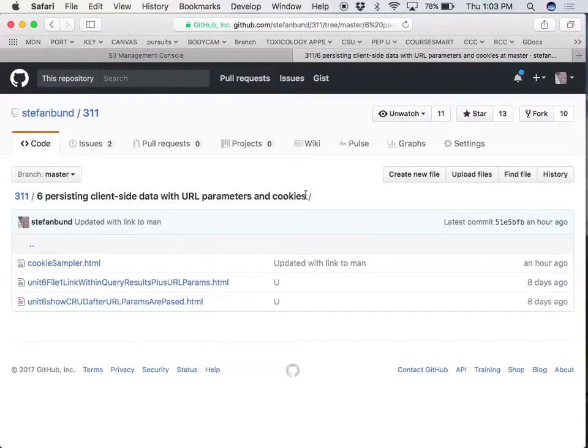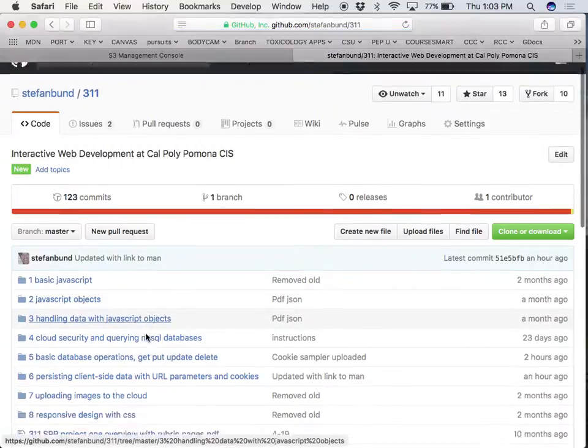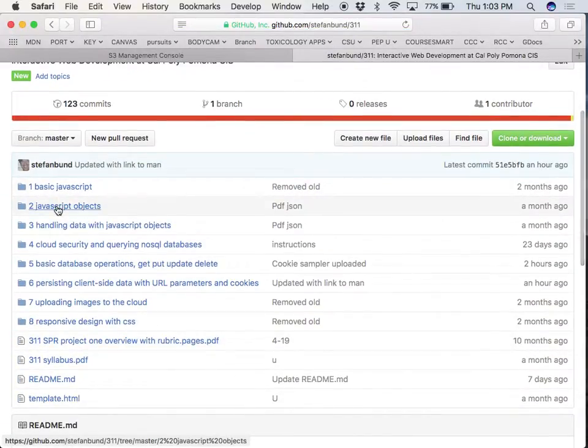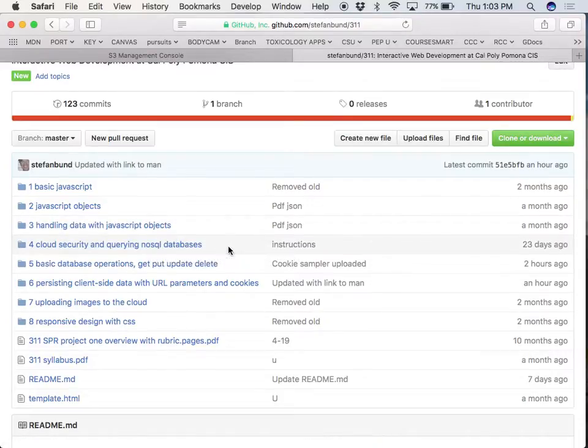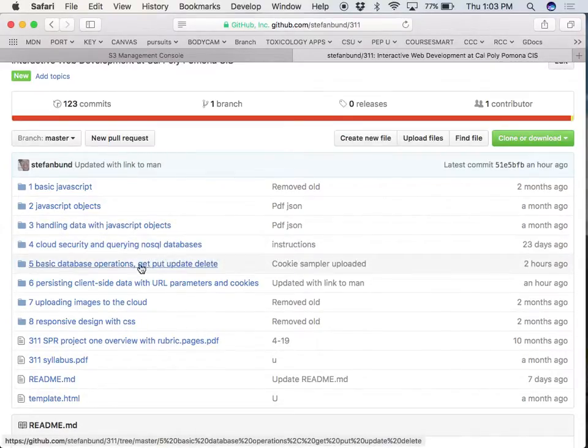You all are smart. You're all looking at it, and you're thinking, okay, he's got a title for Unit 6. What does that mean? But I think looking at where you guys have gone, from the basics into object-oriented programming to JSON, then to the cloud, and doing a whole lot with the cloud, i.e. querying, CRUD, get, put, update, deletes, and now you're into 6,